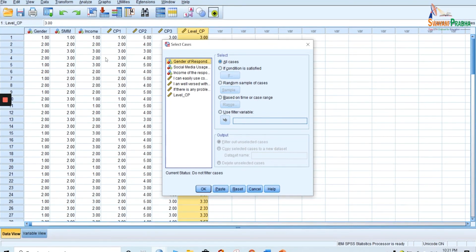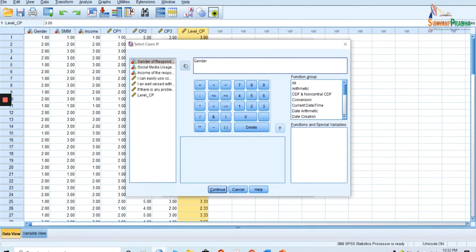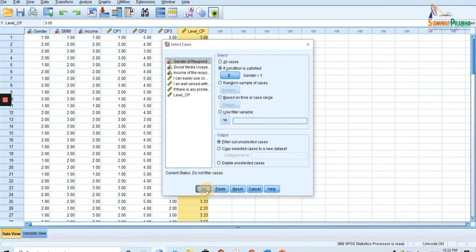For example, our objective here is to perform the analysis on males only. So we can define the condition: if my gender is equal to 1, and 1 is male, then select these cases and exclude the rest of the cases from the data set. So press Continue and press OK.